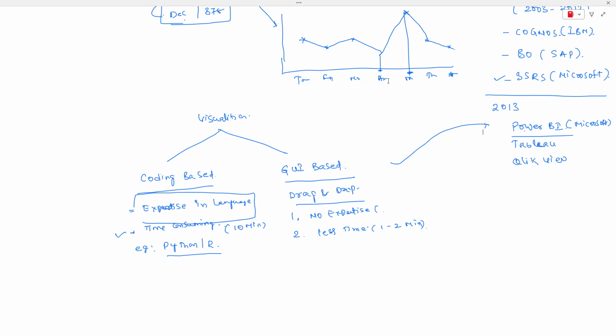So the tool may change, the software may change, but the skill is going to be a data visualization skill set. So then what type of roles, what type of jobs can you find? Specifically, if you want to work only on reporting, that means only on generating reports and visuals,